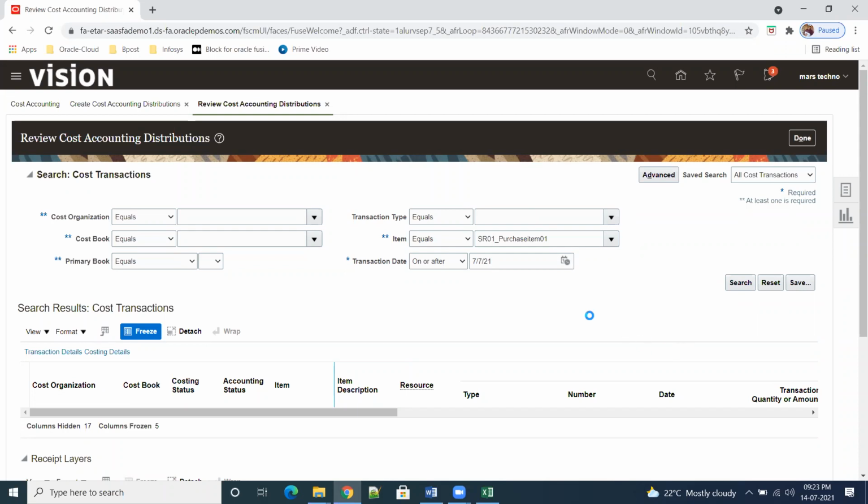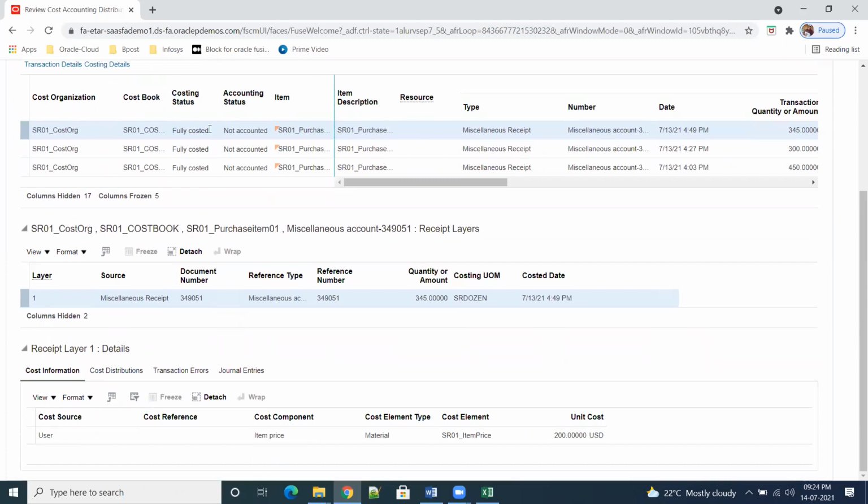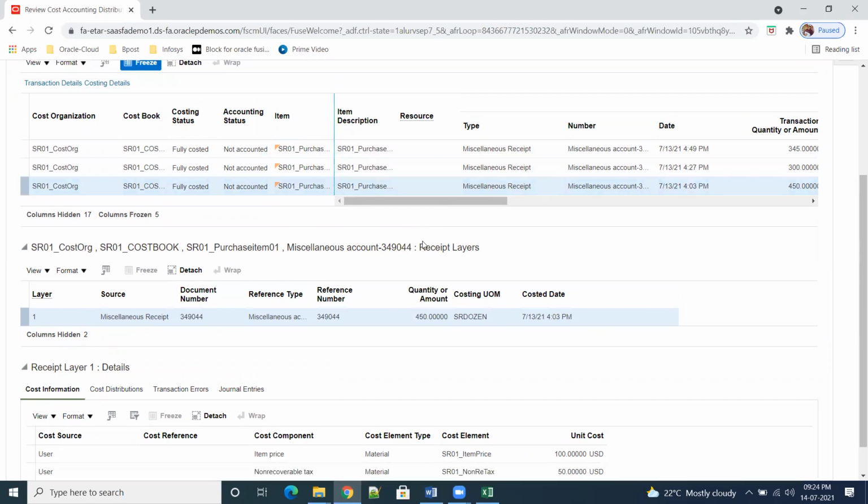These steps are common for all transactions. I have just shown one of the best examples from inventory. But whenever any transaction comes from procurement, order management or payables, the steps we follow are the same for all. Here, this one is coming for the purchasing item. For the second item, it is coming here. That data was not showing.